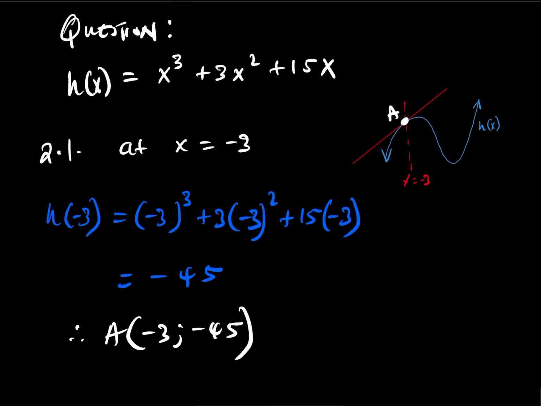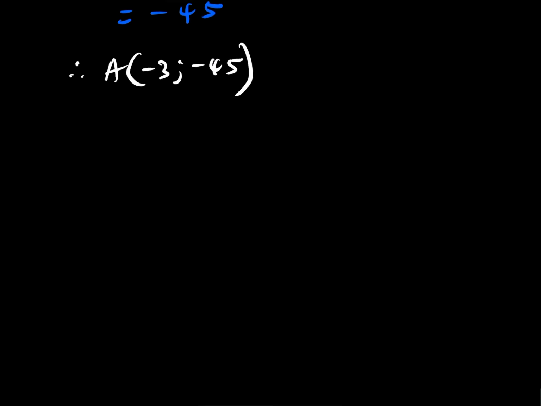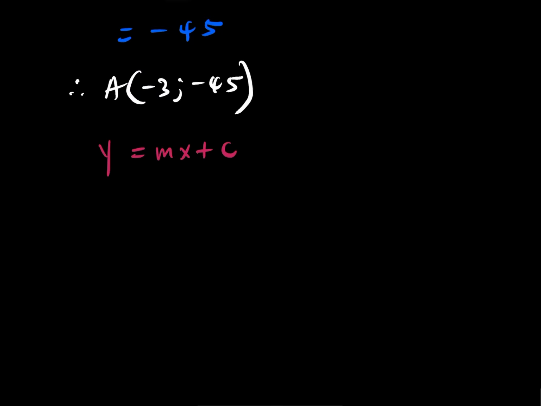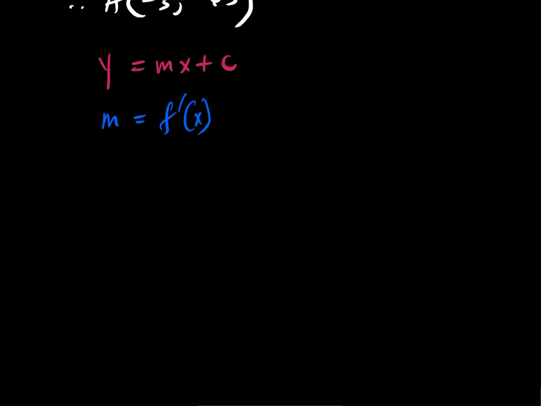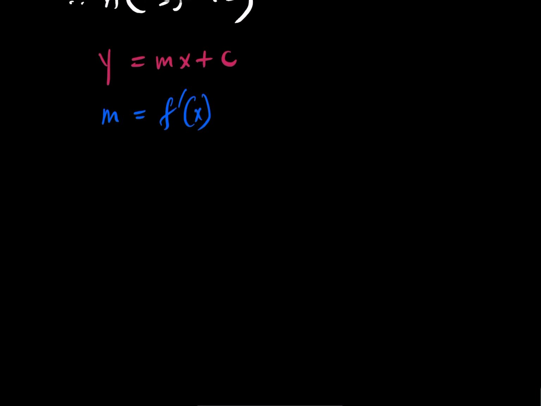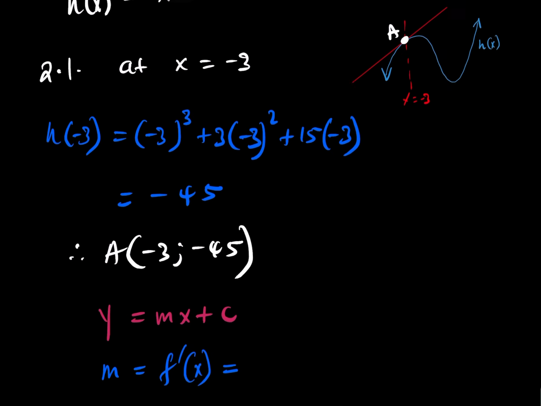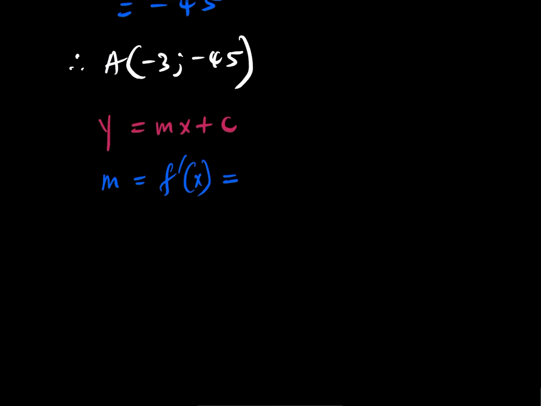What do you need? You need the gradient. Remember, when we talk about a tangent, we're talking about y equals mx plus c. This is our equation of the tangent. So you need the gradient. Where do you get the gradient? The gradient at a particular point will be f prime at x. But this x, we know it is -3. So let's derive this one. And then if we derive our h,